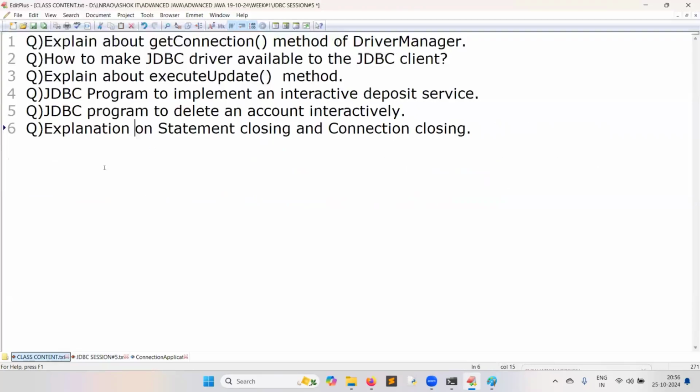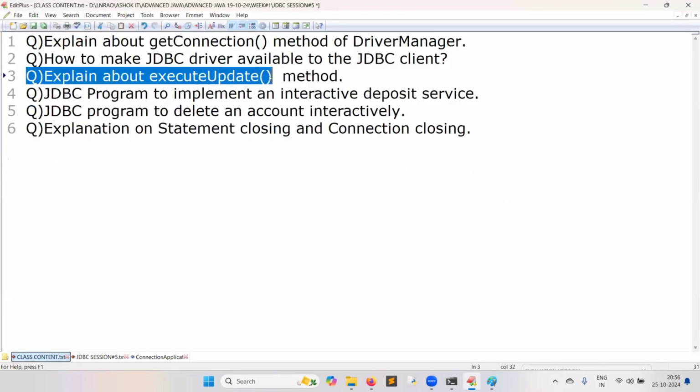Okay. So I told you 5 points about this method. It is a library method. It belongs to the Statement object. Its purpose is to send insert, delete, update statements to the DBMS. It returns an integer, one number. What does that number represent? How many records are affected in the database as a result of that SQL statement's submission.